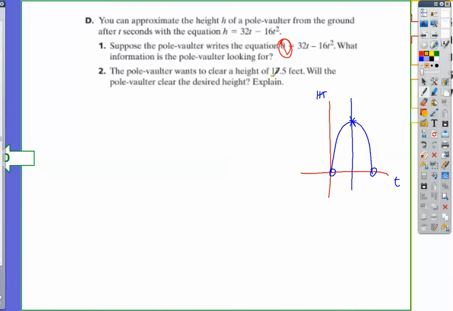To figure out if they clear that, or figure out how high they are, we must factor this expression so we can find the x-intercepts, which will give us the line of symmetry, which will then give us the maximum. So I need to factor this. When I'm factoring a quadratic, the first thing I look for is a greatest common monomial. And the greatest common monomial in this case is going to be -8,